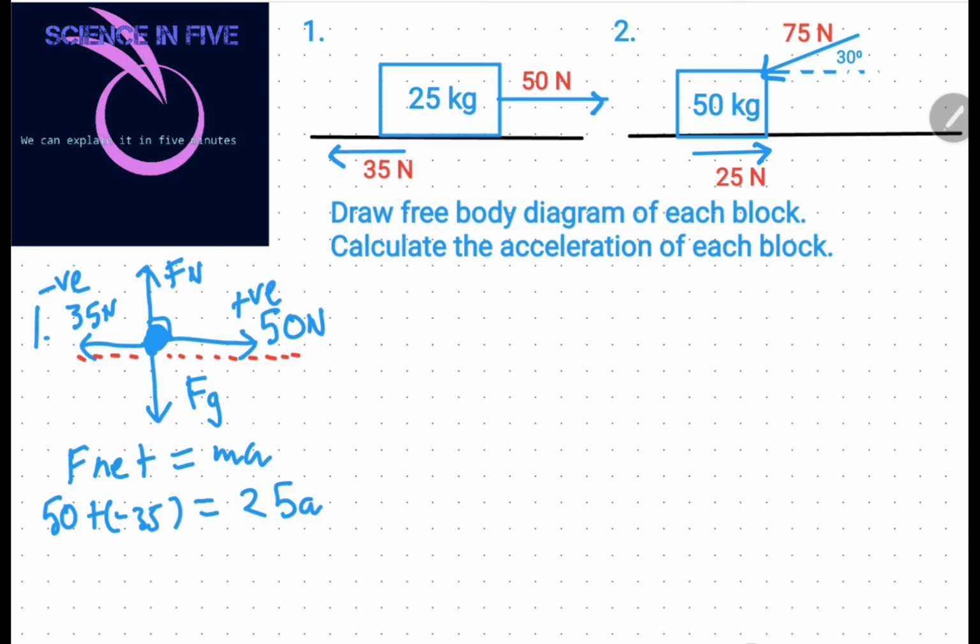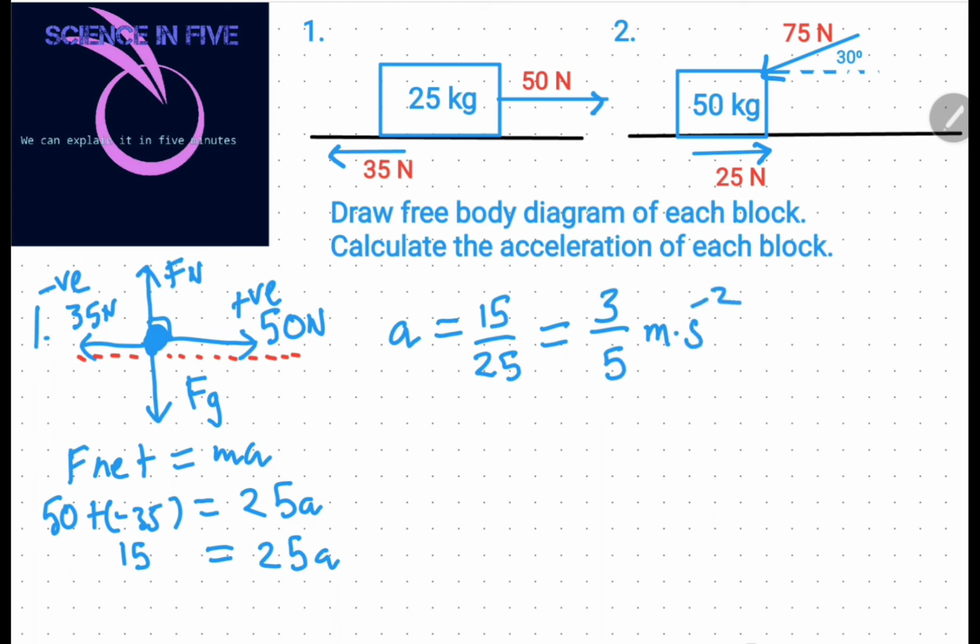50 minus 35 becomes 15, which is equal to 25 of a. Then solving, I get a equals 15 over 25. Both of these numbers are divisible by 5, so this becomes 3 over 5 meters per square second. In which direction? East. Okay,